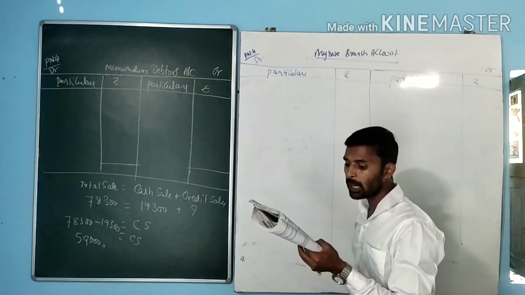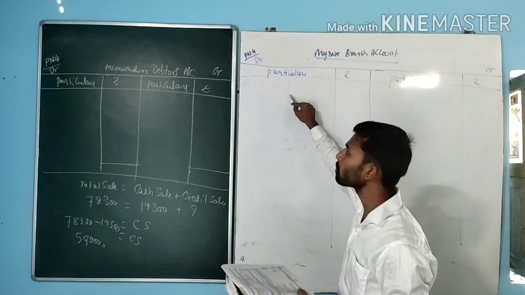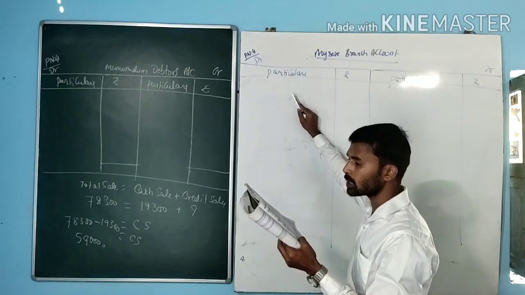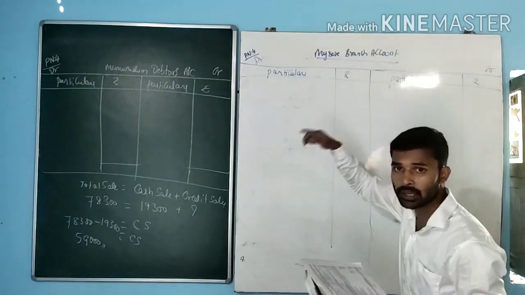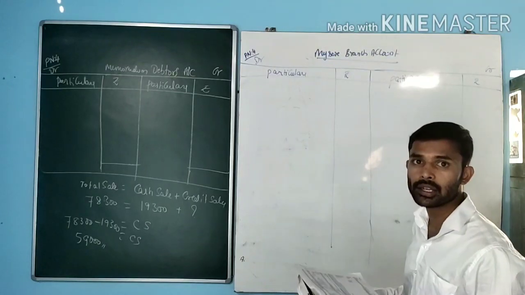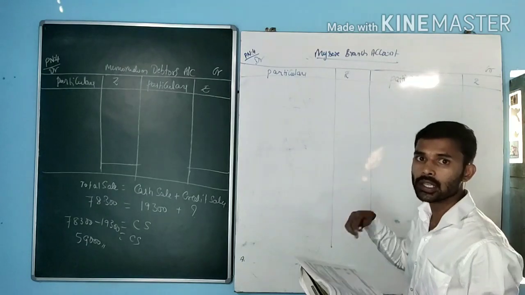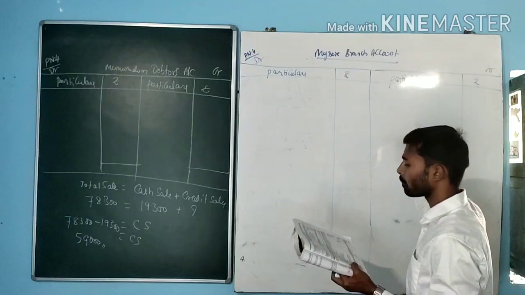Next one, petty cash at the branch. Petty cash is again the opening balance, an asset, right under debit side of the branch account. Goods returned by branch. Goods are being returned again. When goods are returned by the branch to the head office, it leads to what? Income, not expenses, so it is an income.